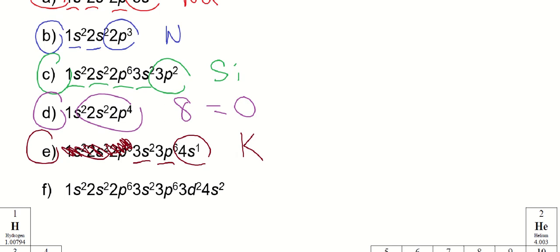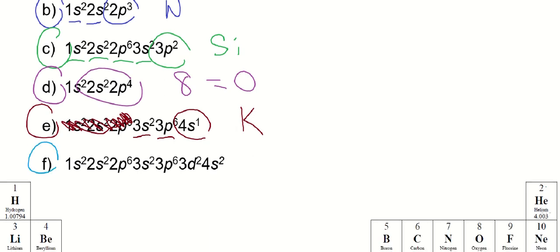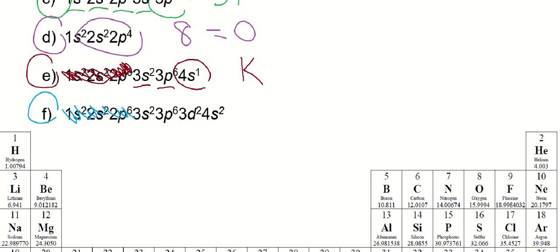All right, F. Let's block out some of this stuff. Make sure what I block out is full. Okay, be careful here. This one's not full, so you can't just go to 4s2. Let me explain this. A lot of times when they write this format of electron configuration, they'll